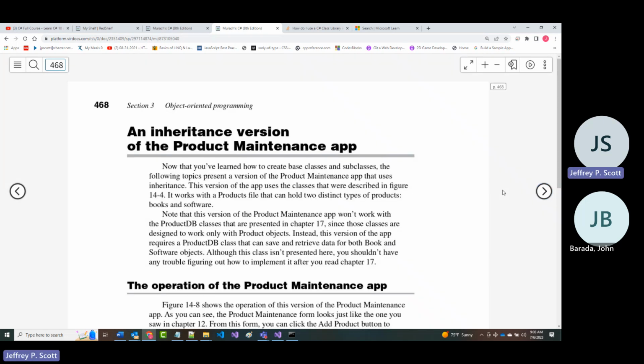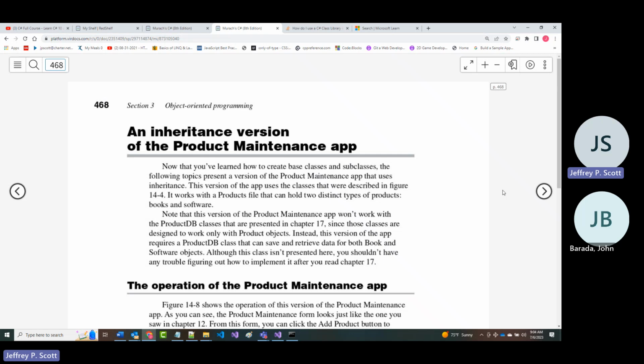So the next thing that they're going to do in here then is they're going to show this enhanced or inherited version of the product maintenance app. So this is going to be exactly what we just looked at. Like the earlier inheritance version, this is going to use that product DB class that we haven't talked about yet.